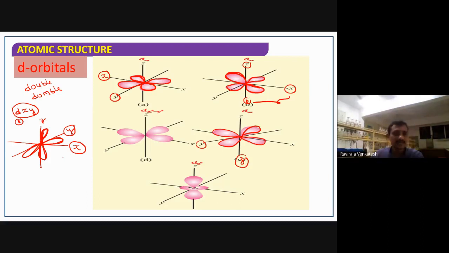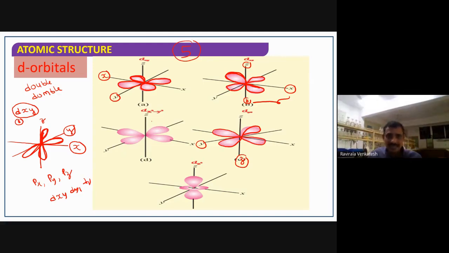So all of you, take a paper after the class. This is the homework for you: draw PX, PY, PZ, and finally the D orbitals: DXY, DYZ, DZX. Now, what about the remaining two orbitals? These are very, very simple, no need to even practice. How many D orbitals are there? There are 5 D orbitals. So 3 are completed: XY, YZ, ZX.